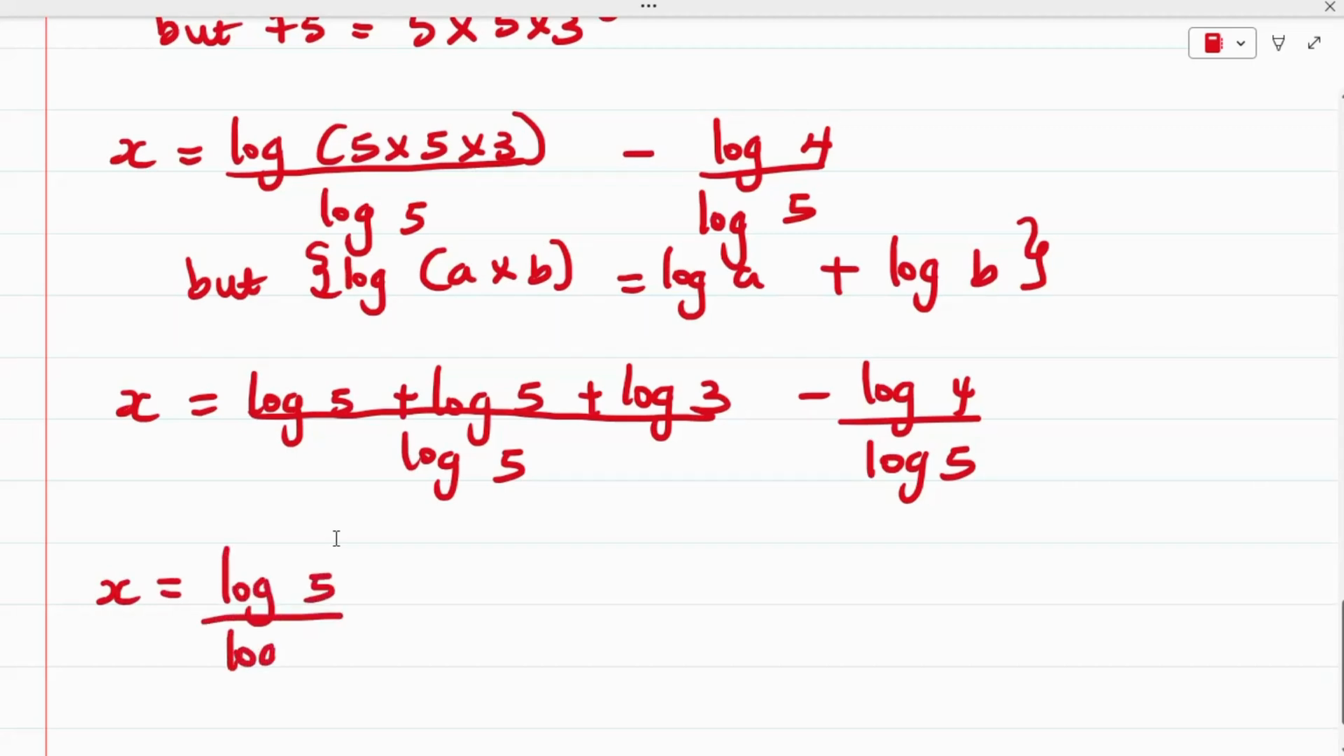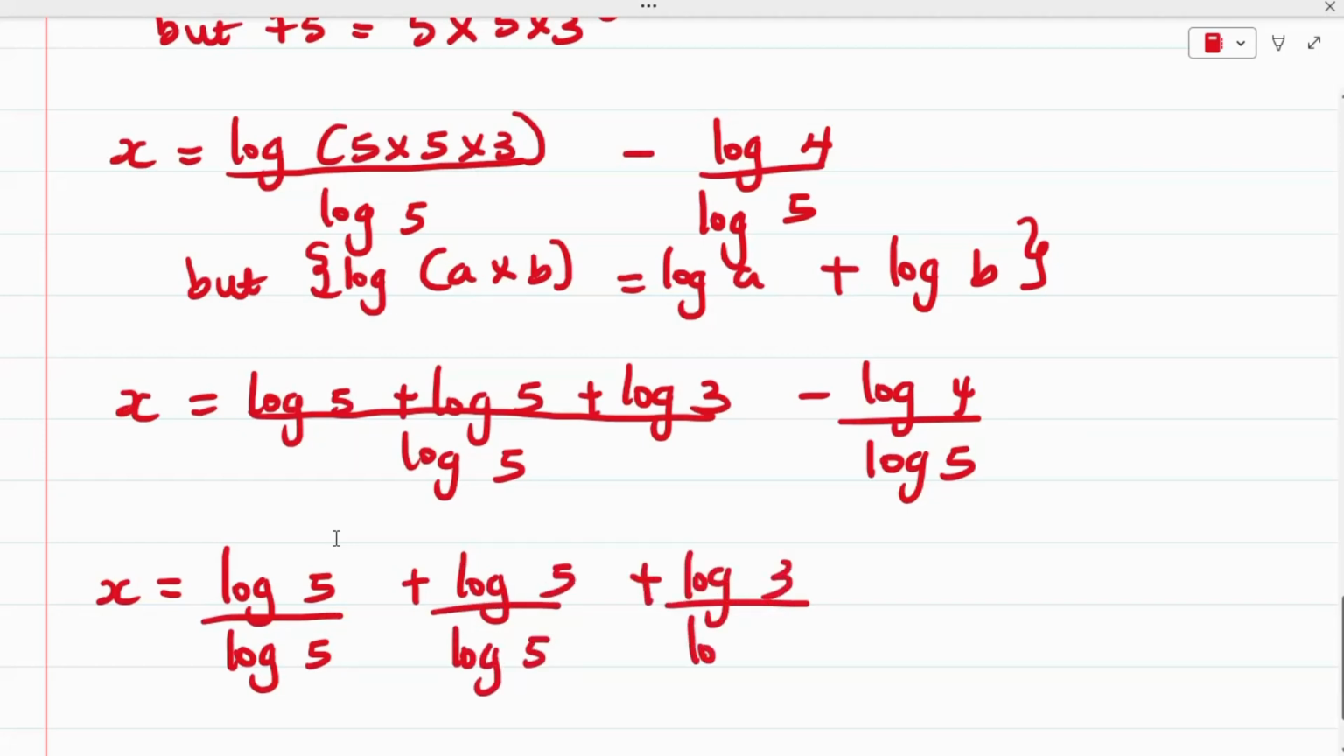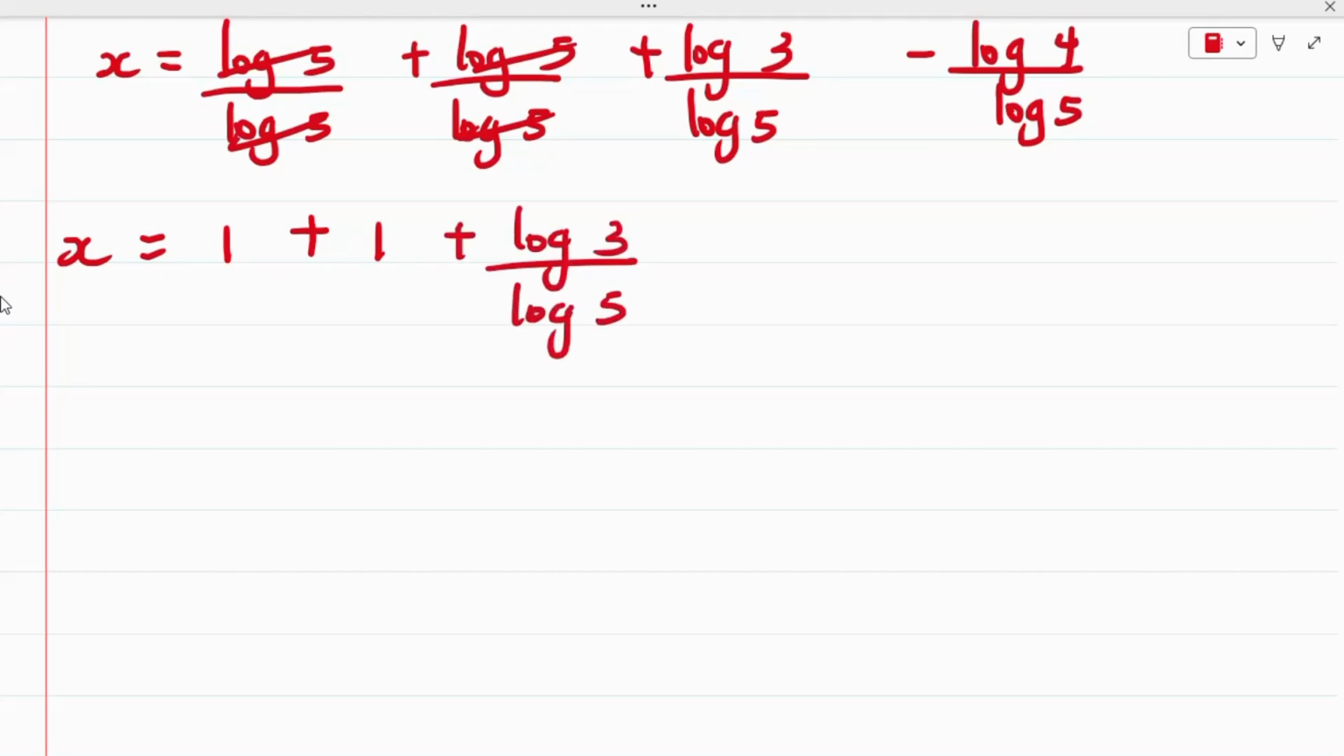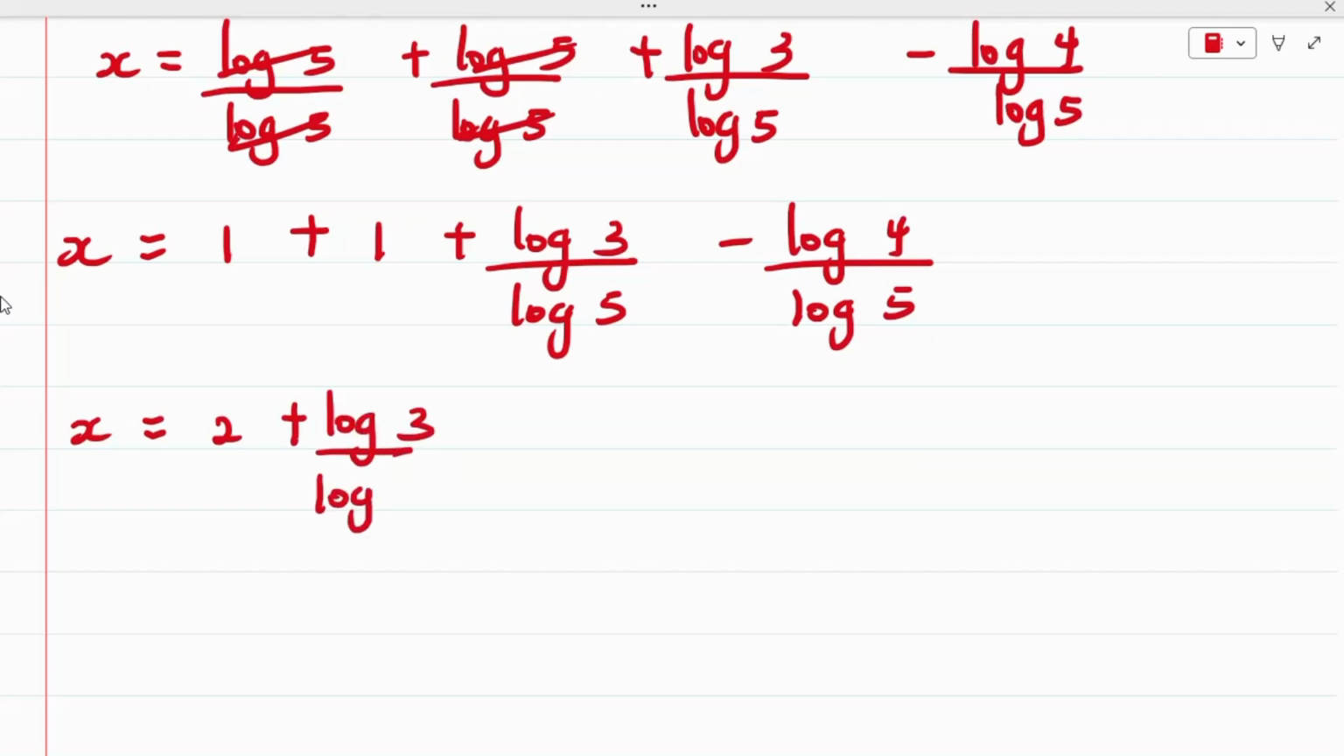Log 5 divided by log 5, plus log 5 divided by log 5, plus log 3 divided by log 5, minus log 4 divided by what? Log 5. So we have that x is equal to, this cancels out this, so we have this to be 1, plus this cancels out this, so we have this to be 1, plus log 3 divided by log 5 minus log 4 divided by what? Log 5. So x is equal to 1 plus 1 is 2